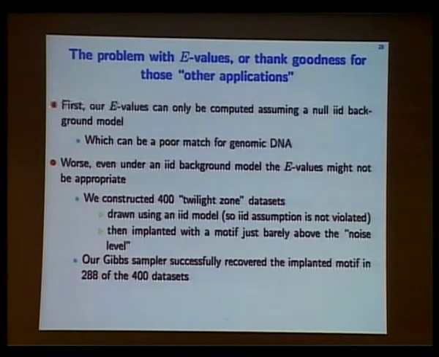Can I ask a question about that? Given that these things are in the twilight zone, yes. The things that you embed, it's conceivable that there is a set of windows in your random data that together have a lower entropy, higher information score than the thing you implanted. Sure. If your motif finder now comes back with that alignment, would you consider that a mistake? I do consider it a mistake for the purpose of